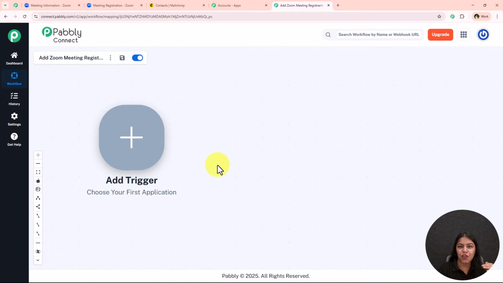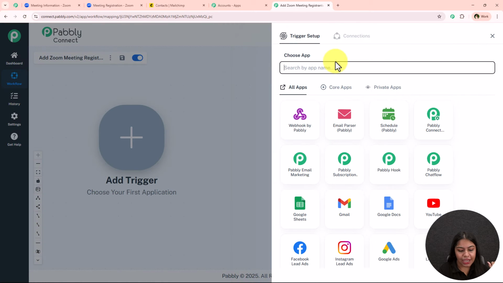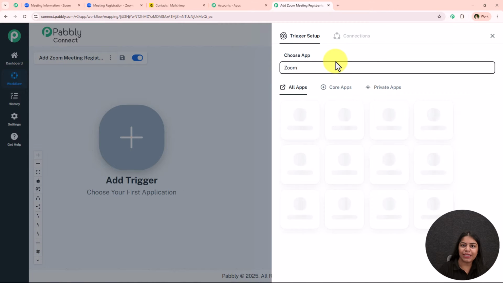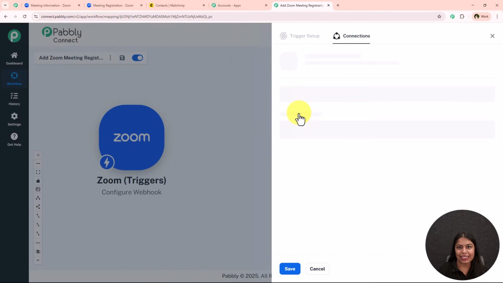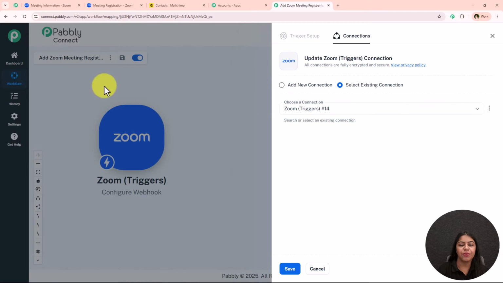So over here I'm just going to move in further and set up my trigger. So I'm just going to click on this add trigger button, and now for the trigger application I'm just going to simply select it as Zoom. So I'm just going to search for Zoom and select it. And now for the trigger event I'm just going to simply select it as configure webhook and click on this connect. Now in order to create a connection between Zoom and Pabbly Connect, I'm just going to go towards this